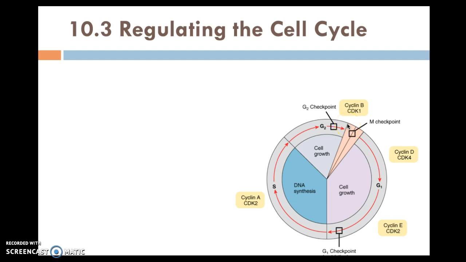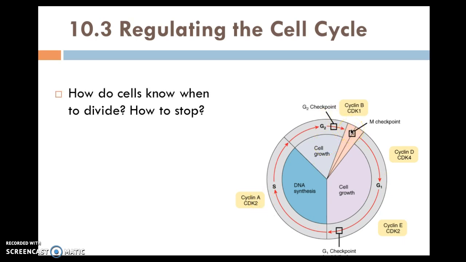So up until this point, we've been talking about how it does that and what happens as it's doing that. But now let's ask the question, why does it need to do that? And how does the cell know when it's time to go from interphase to mitosis? Or when it's time for a cell to go from G1 to the S phase, or from G2 to the beginning of prophase? And that is going to be the topic of the beginning of section 10.3, which is called